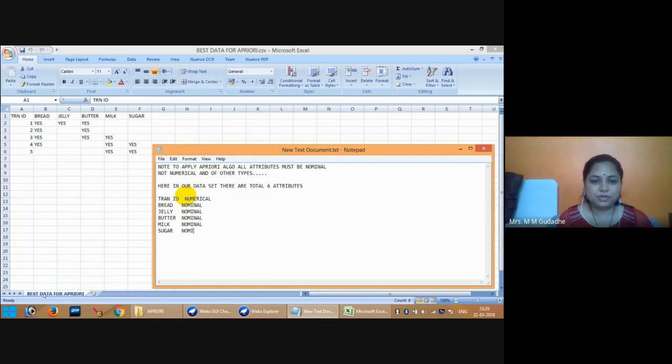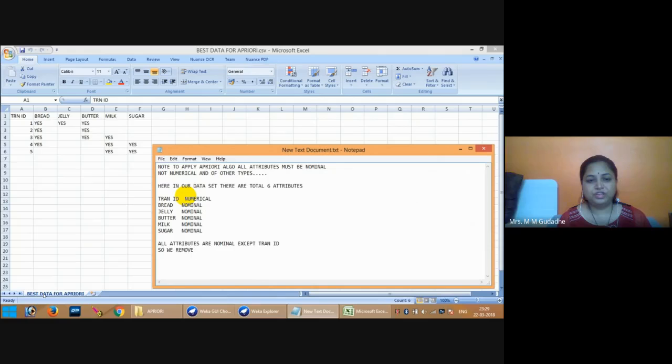Sugar also nominal. So this is how we have the schema of my table. Transaction ID numeric. Bread, jelly, butter, milk, sugar nominal. All the attributes are nominal except your transaction ID because it is numeric.